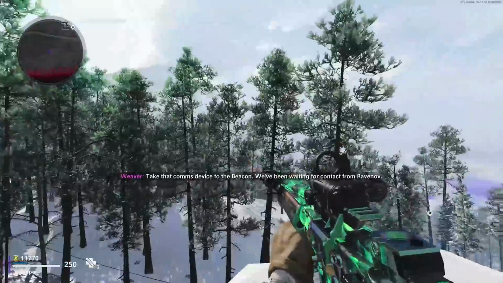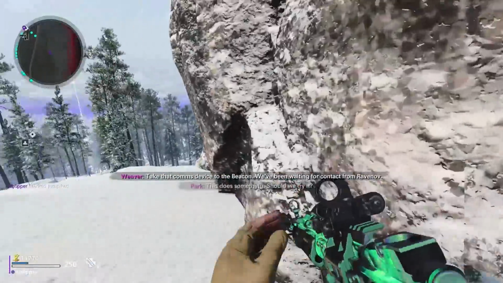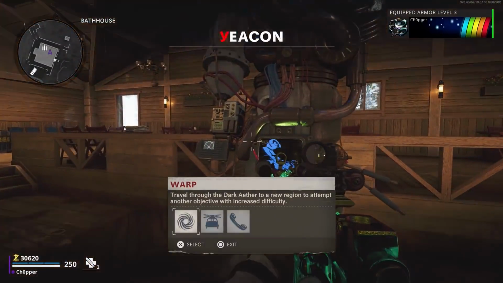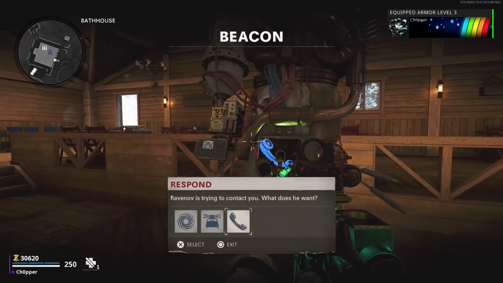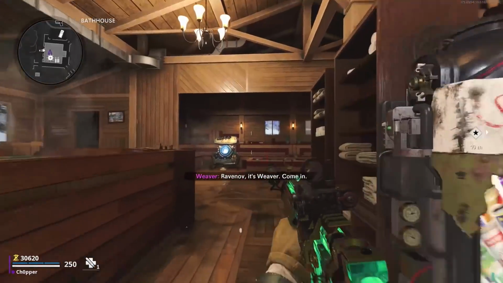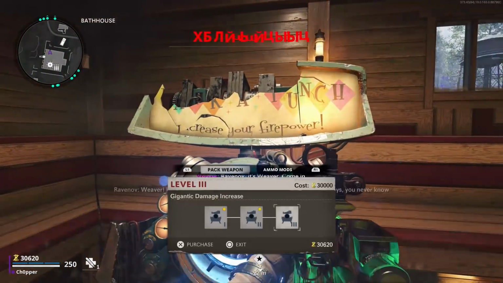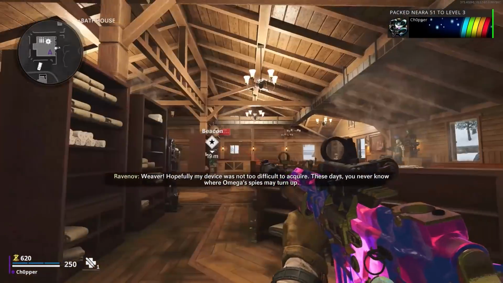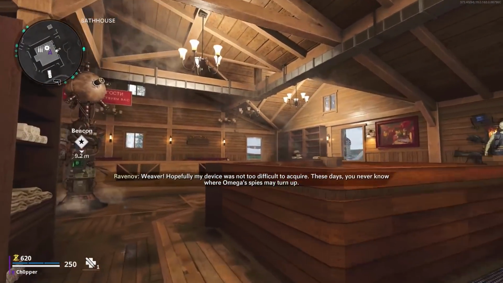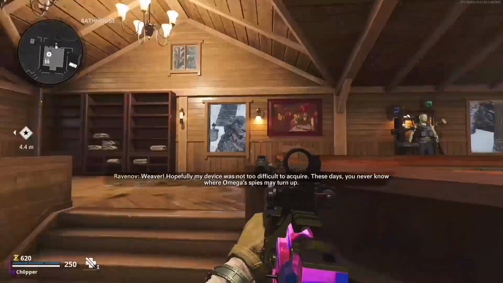You can do your main objective, and then, very similarly to what we got in the last one, after that, go over to your anomaly wherever it happens to be, whatever map you're on, and then go ahead and don't warp just yet. Make sure that you do respond to Ravenov's call. It is absolutely imperative that you do that, and you're going to hear the conversation between Weaver and Ravenov at the moment. It's going to explain exactly what's going on during this quest, and also it's really important to know at this point